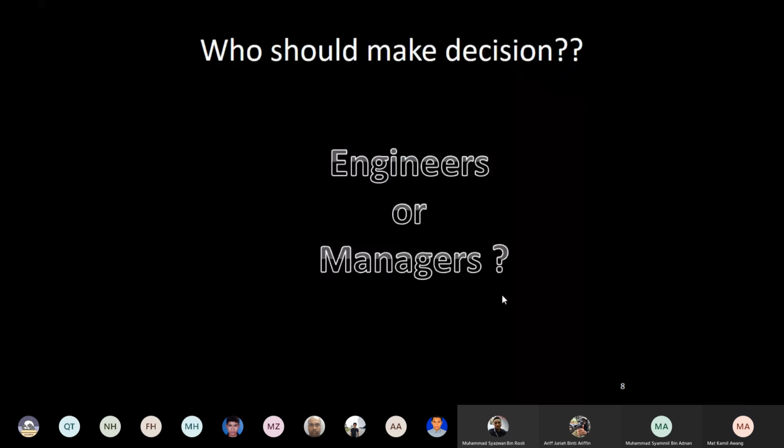So, with that kind of conflict, who should make the decision? Engineers or managers? Who should make the decision? What do you think? Manager, sir. Manager. Why manager? Because they manage, sir. Because they manage. But